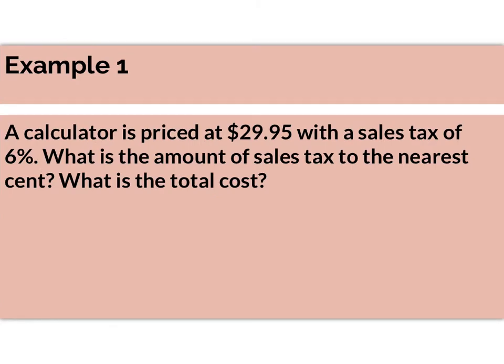So if the price is 100%, and we're adding 6% to this, why don't we just add 100 plus 6 to get 106? And then to go from a percent to a decimal, we divide by 100, which means moving the decimal back to 1.06. So what if we take 29.95 and multiply it by 1.06? And we get